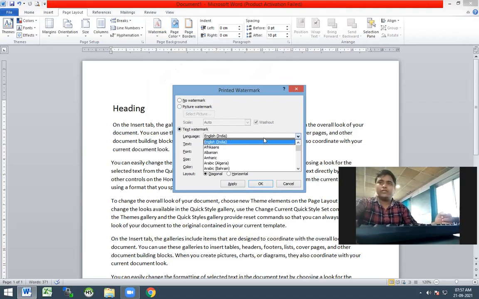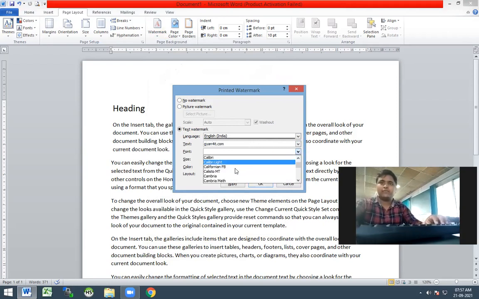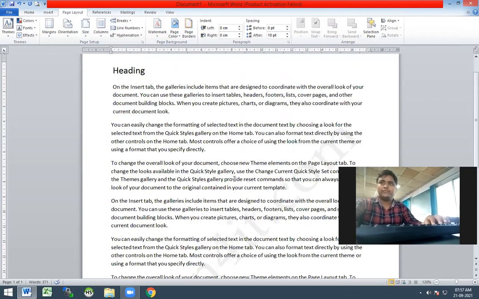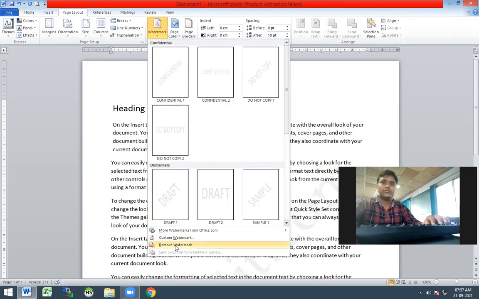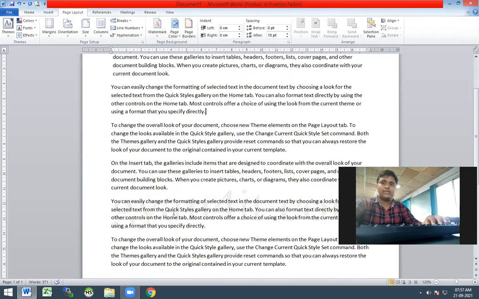Here you need to select your language. Then you have to select or write your contents. Like I'm just going to use gyanforit.com. It's just a website designed by me, and you can set the font and its size also. And after that you will need to apply. After you apply, you will see that there is a watermark available here. And if you want to make changes here, just go again to the custom watermark option available here and choose the other one, horizontal, then it will apply the same over this one.